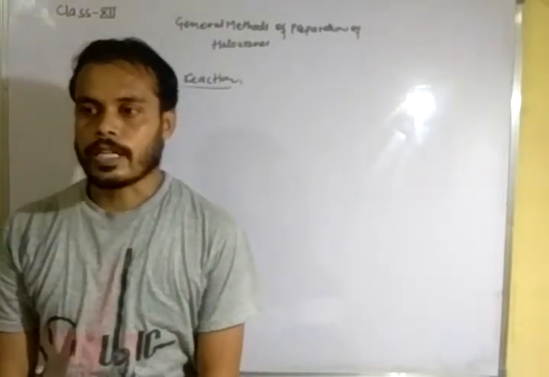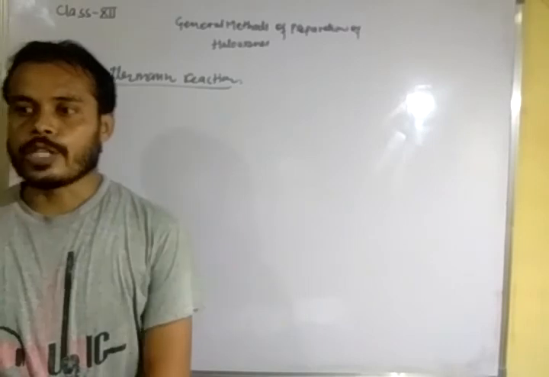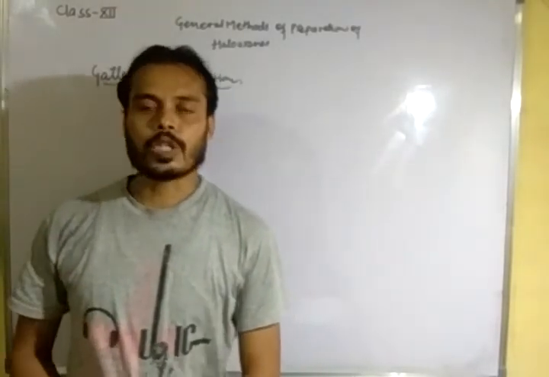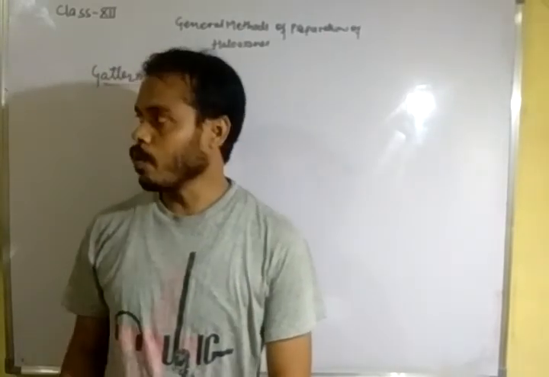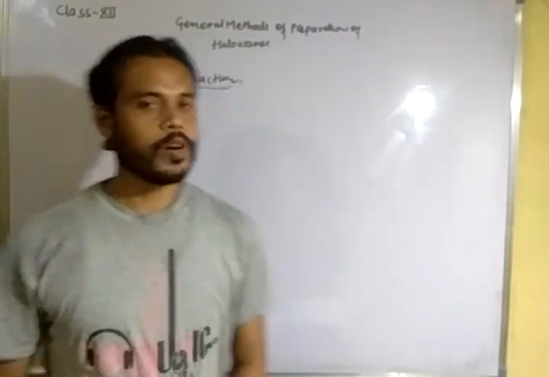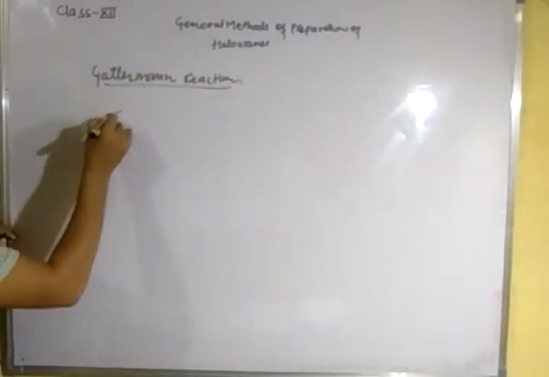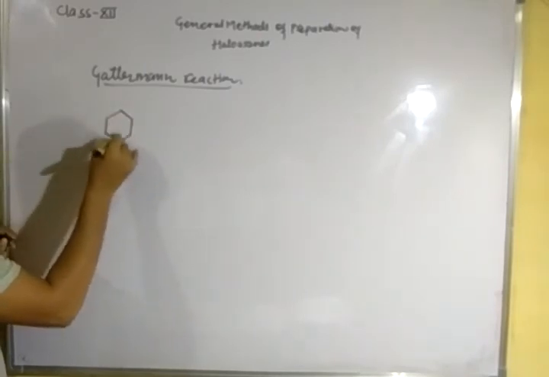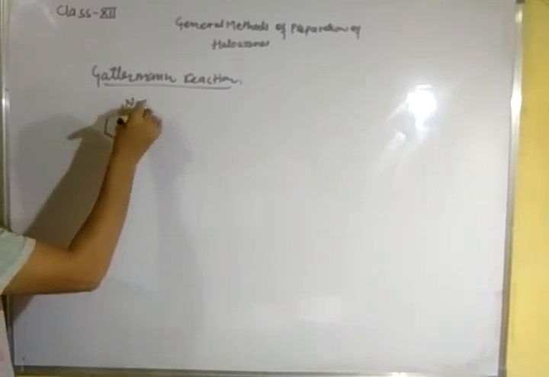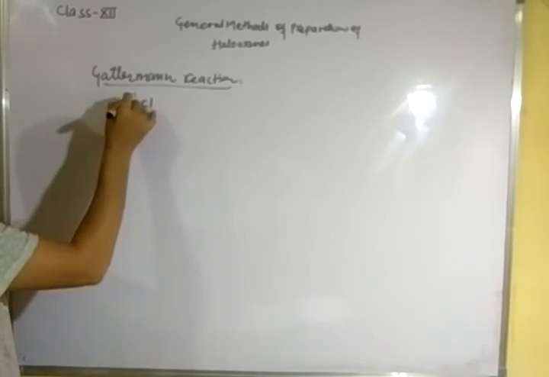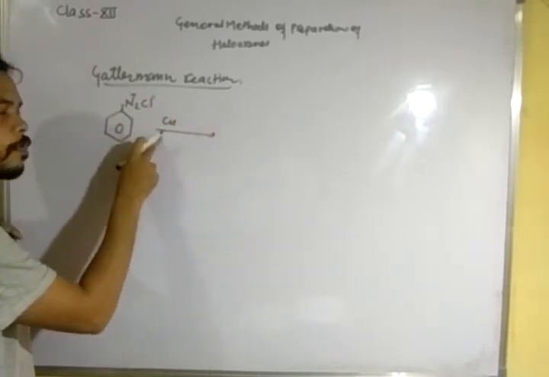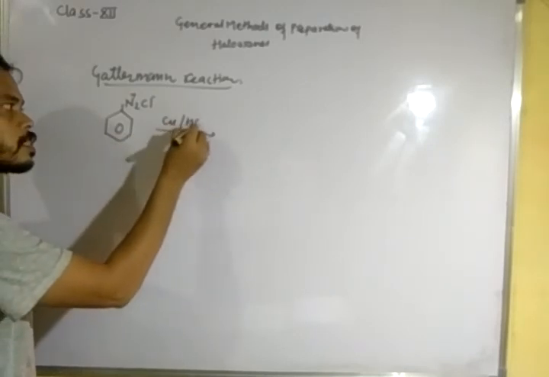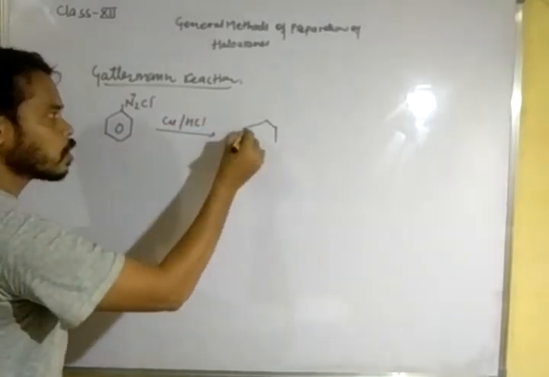In this reaction, benzene diazonium chloride is treated with copper in HCl or copper in HBr to form chlorobenzene or bromobenzene. Here, benzene diazonium chloride is treated with copper powder in HCl to form chlorobenzene,